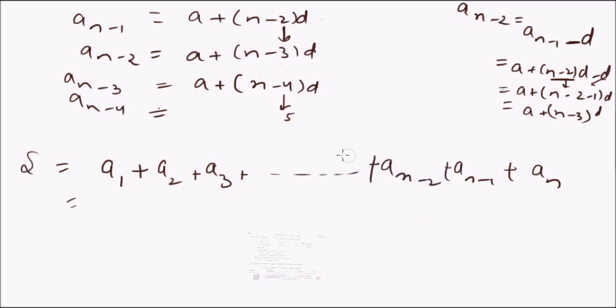So let us just write out these terms in the form of A and D. That is, A1 is A, A2 is A plus D, A3 is A plus 2D,